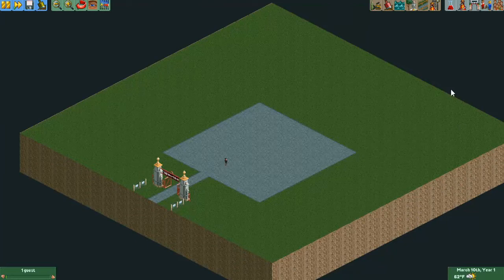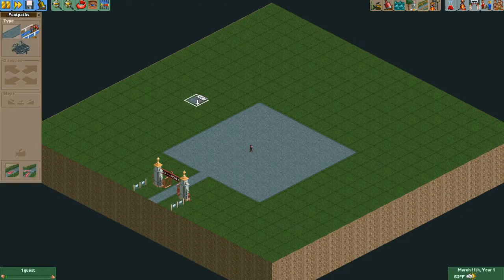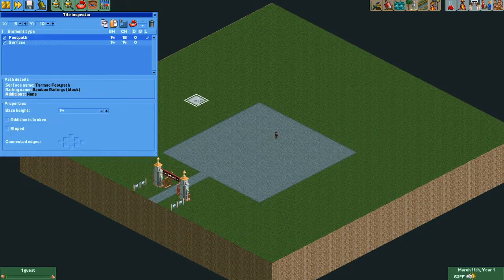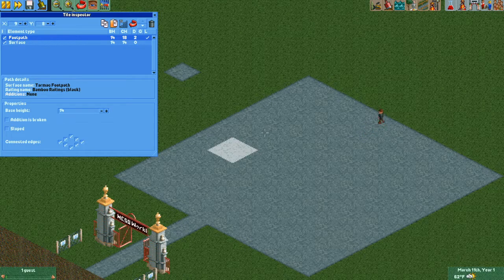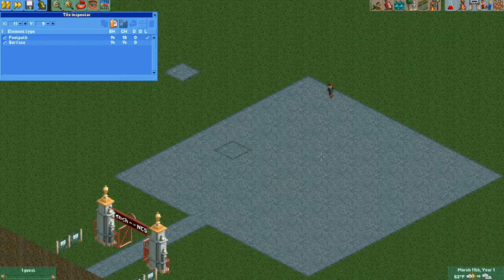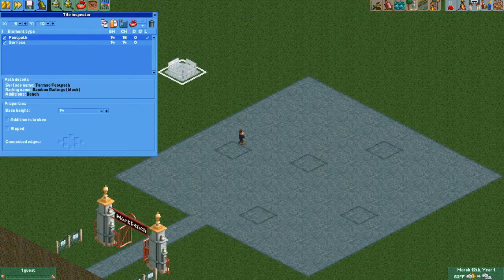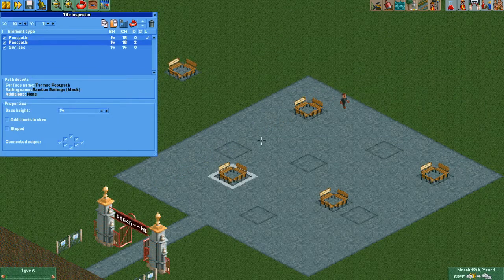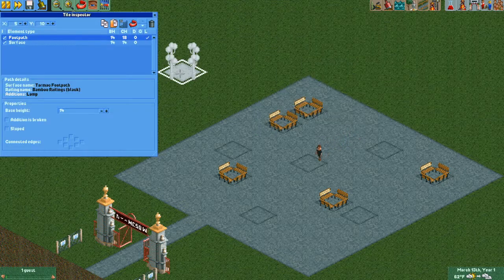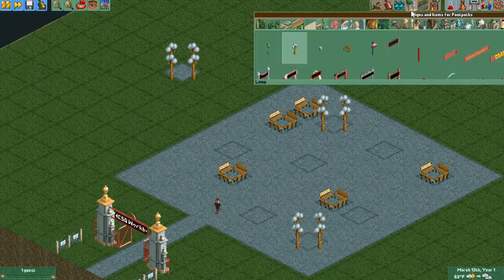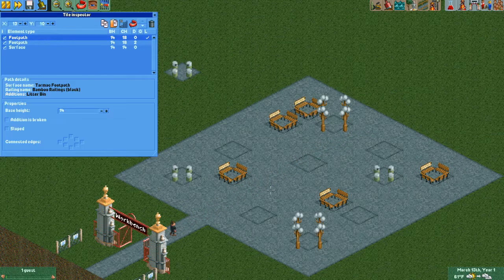You can also use proxy path for decoration. For example, if you have a large open plaza area, you can take a piece of unconnected path and paste it anywhere for some extra visual texture. Remember to keep the unconnected piece above the real path in the Tile Inspector. Interestingly, if that piece of path has additions like benches or bins, guests will actually be able to use them even though they don't use them for pathfinding.